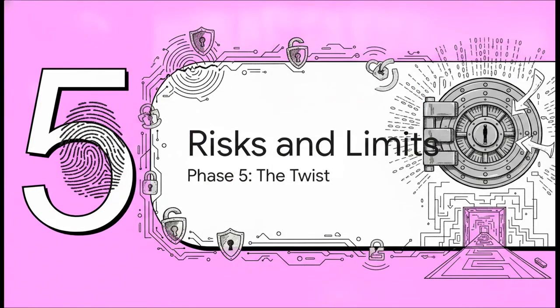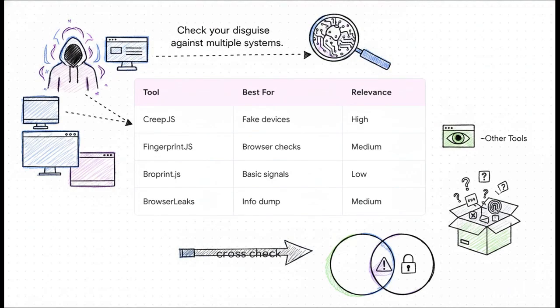Now for the reality check. We're at Phase 5, the twist, real-world risks and limits. So, beating the fingerprint check is really only getting past the front door of the vault. Checking your disguise against multiple systems is mandatory because, well, they all look for different things. CreepJS is fantastic for catching subtle OS mismatches, but something like Fingerprint.js is better for standard checks. Broprint is great if you just need a fast basic signal check, and browser leaks will give you a massive